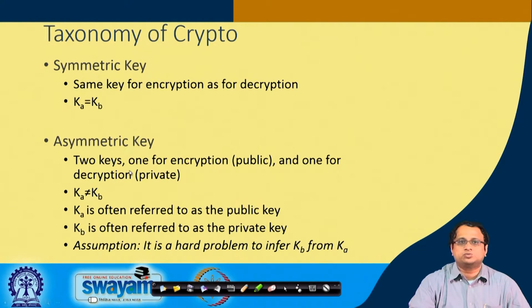And therefore, there is another class of cryptographic algorithms called asymmetric key cryptography, which gives a very nice solution for this particular problem. In this setting of asymmetric cryptography, there are two keys, one called the public key, the other called the private key or the decryption key. The first important thing to note is that the encryption key and the decryption key, or the public key and the private key, are not the same.